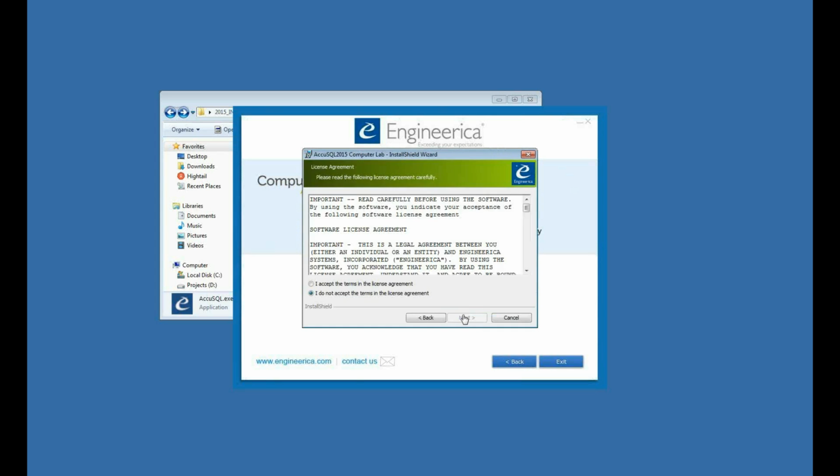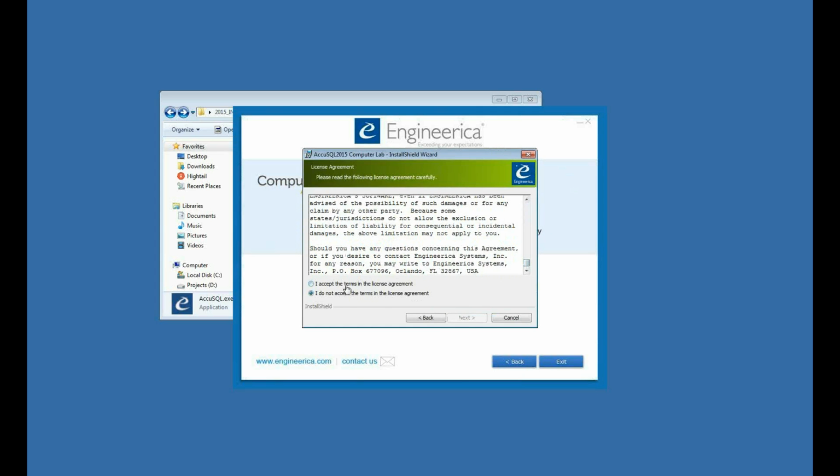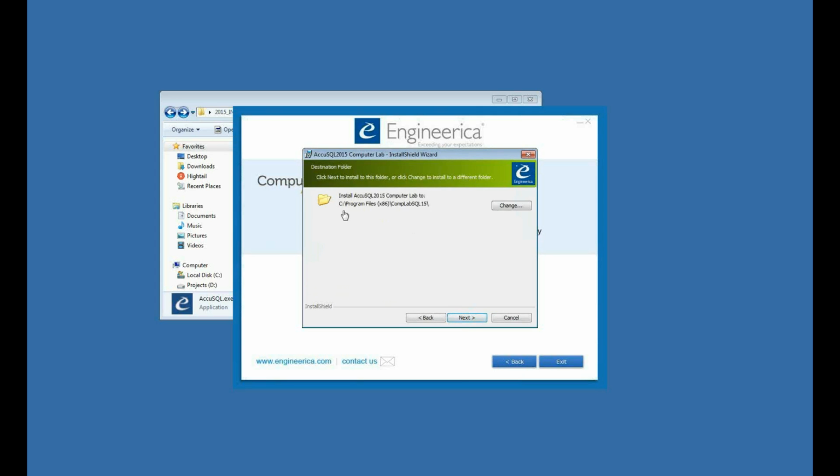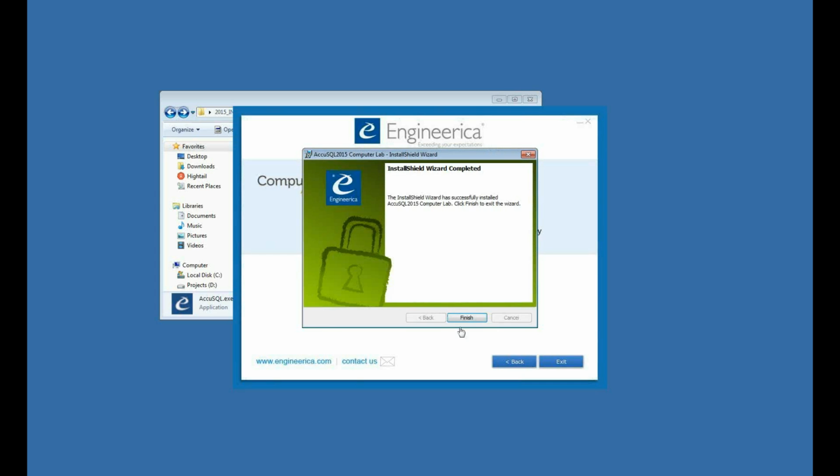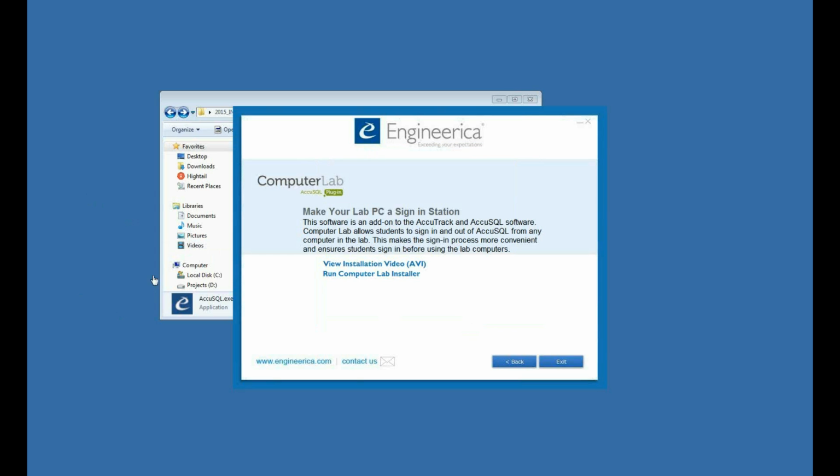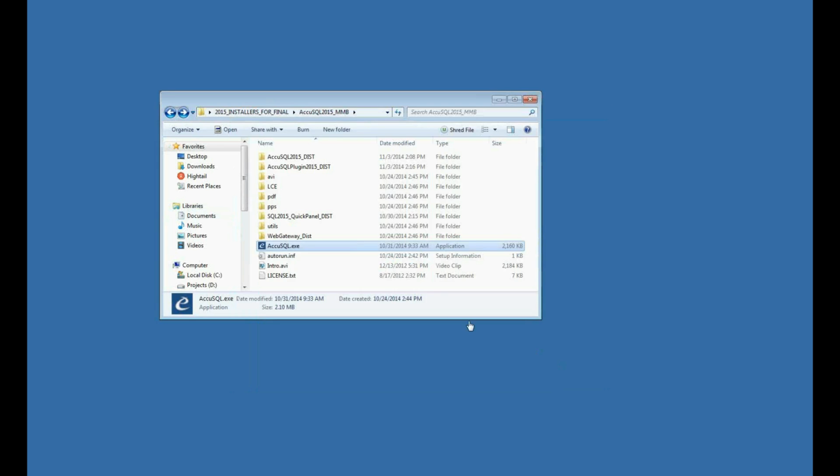Click Next, Next again, read and accept the license agreement, Next. And I'd recommend the default path, which is CompLab SQL 15. And it may take a moment or two to install. Okay, now I'll click Finish, and I'm hiding my desktop icons for this recording, but you would have a shortcut